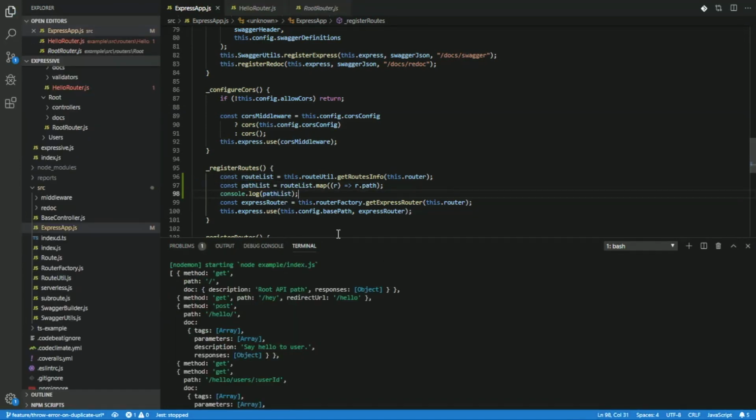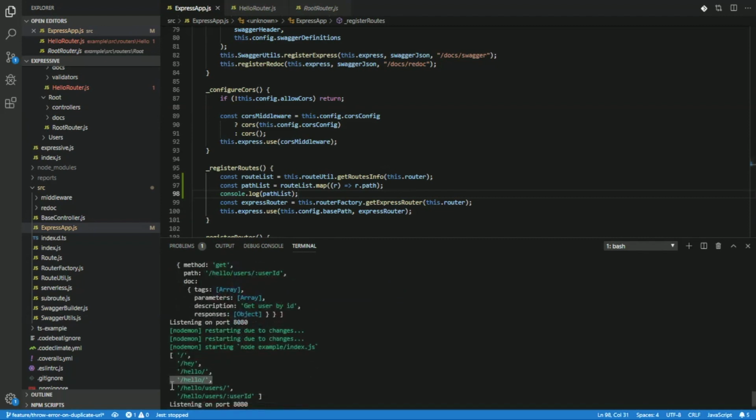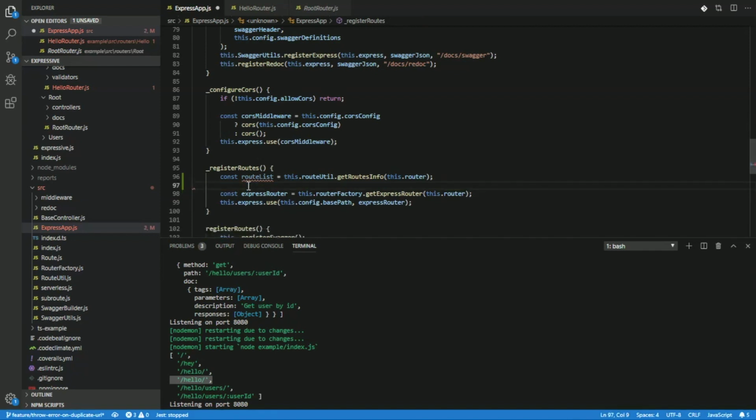Path list, right? Okay, so what we want to do is check if we have the same URL and also the same method, right? Okay, so let's do that. In order to do that, we already have the list of routes. So all we need to do is